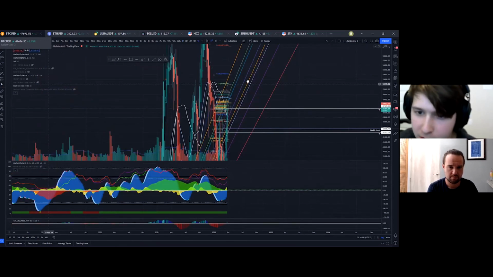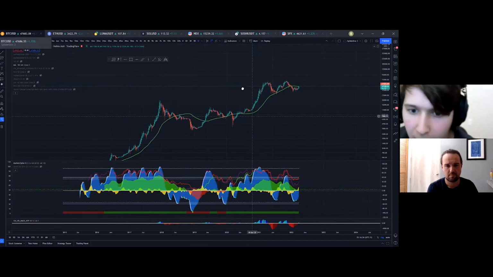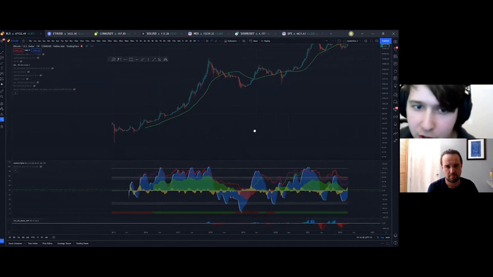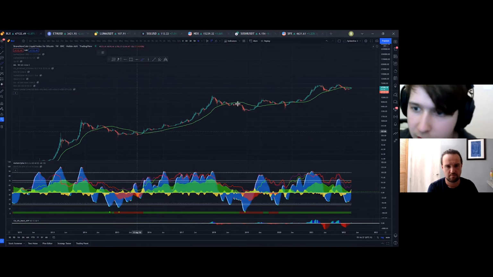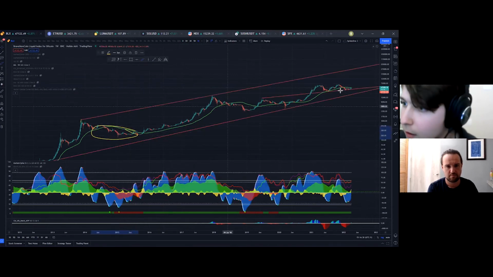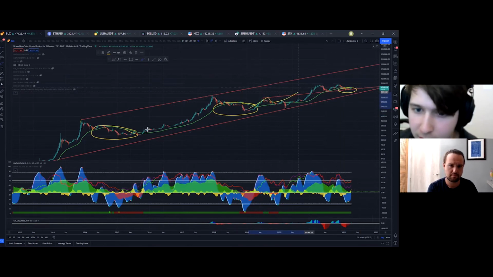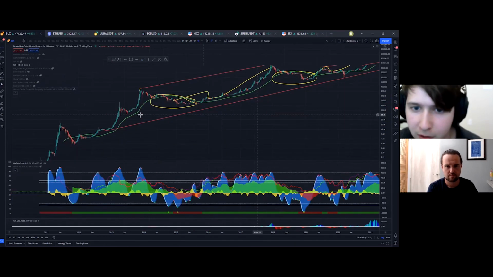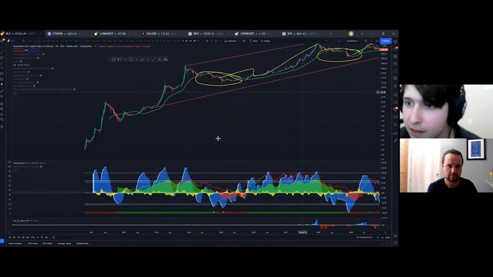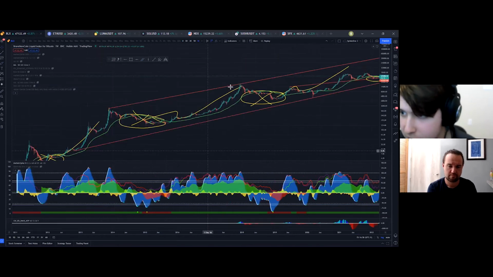Anytime that a cryptocurrency, so this is Bitcoin, let's go to the BLX chart just so we can be a little bit more precise. So this is Bitcoin on the weekly, the BLX chart. If you are buying Bitcoin anytime that it is under this line, you are eventually going to be in massive profit in the history of Bitcoin. This is considered fair value for Bitcoin, and anything underneath that is considered garage sale prices, considered back up the truck, buy as much as you can because it's on sale basically.